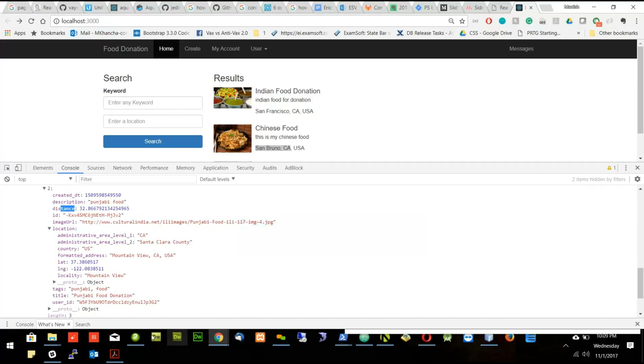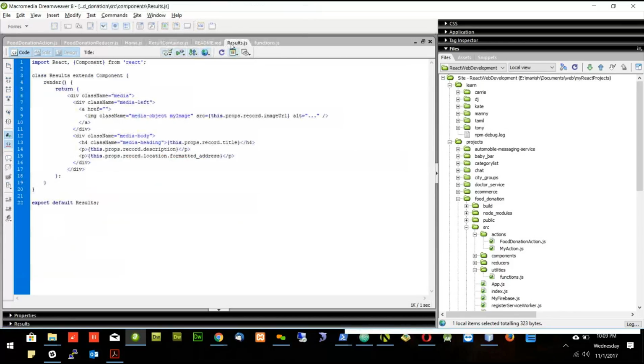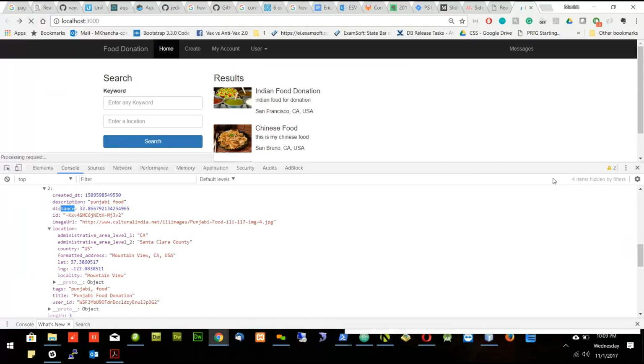So this is how we calculate the distance, and we will put this distance inside each result. So what I will do, I will get the distance inside the array. So I will go to the results component, and where we have this formatted address, I will make a bracket and I will say this dot prop dot record dot distance. I'll close the curly bracket, space mi. Mi means miles. Now if I see the results,